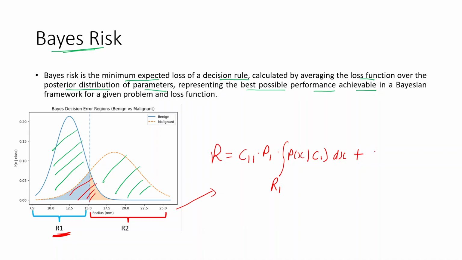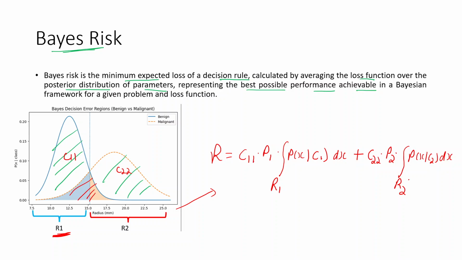Similarly, we will go with the correct classification, that is C22, and then this integration, this side it comes, this is C22 and this was C11. Therefore this comes with P of x with respect to the C2 and then dx, and the prior probabilities, that is P2 with respect to this one, but the area was, that is